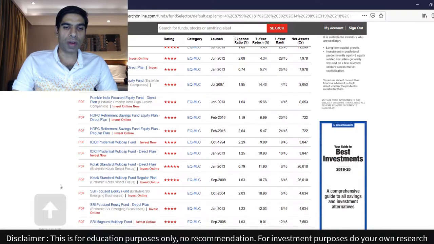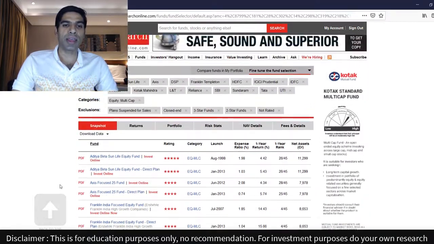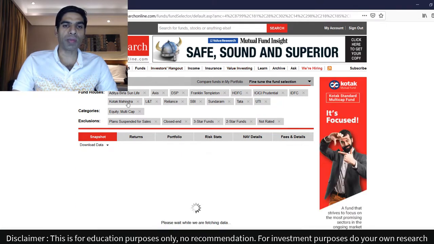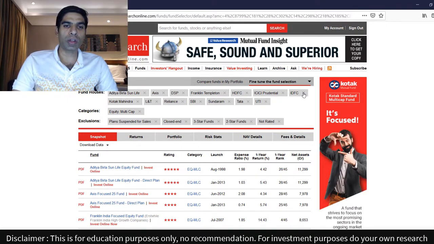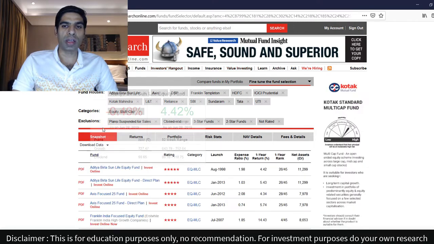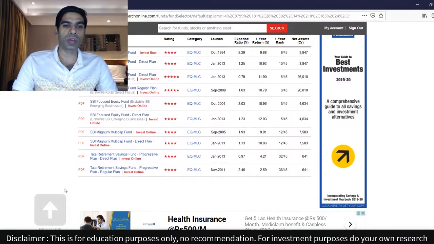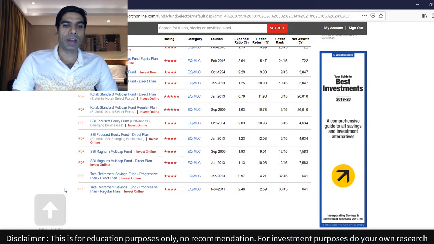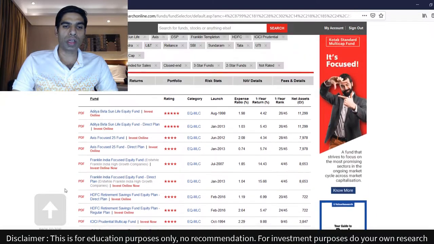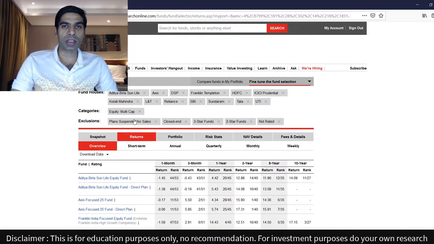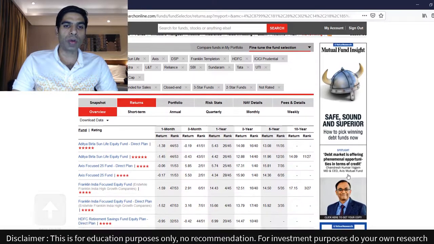And we would now update this fund list. Now we'll have funds which are highly rated. Now from here, let's say if you do not want Invesco, you can delete it. If you don't want IDFC, you can delete it from the list. Now this list would then update, right? Now what we're looking to do here is this list is now quite small and we can make a selection easily now. So we go to returns,